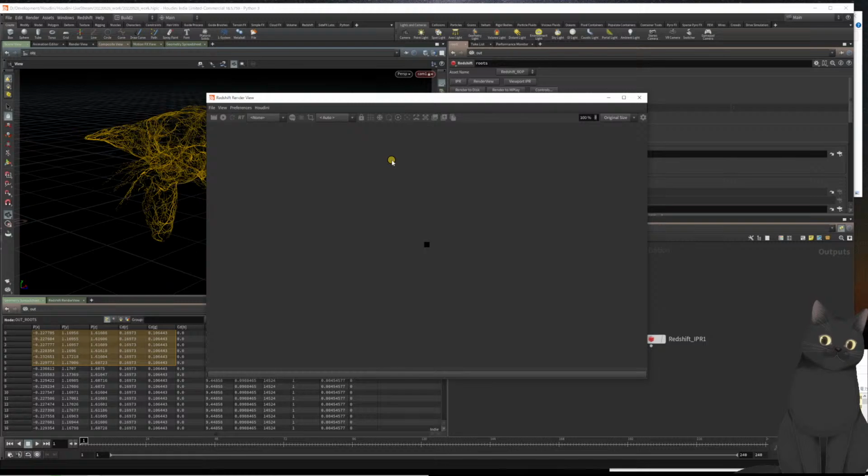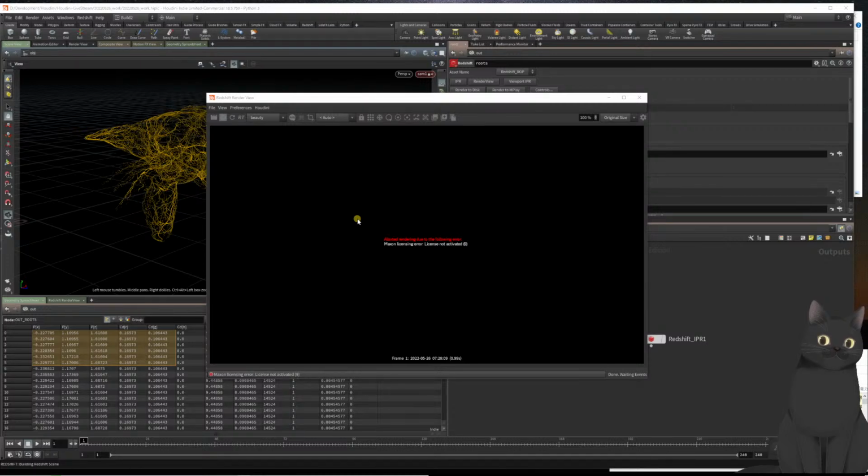And let's play with DOF. Inside of the camera we have Redshift camera parameters and DOF. Let's enable this DOF, and in sampling